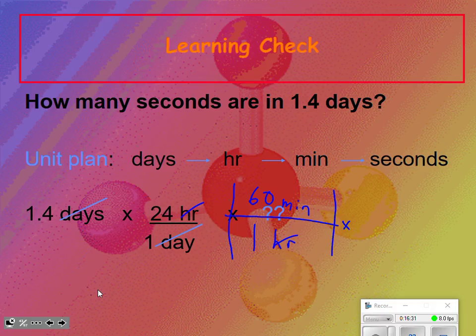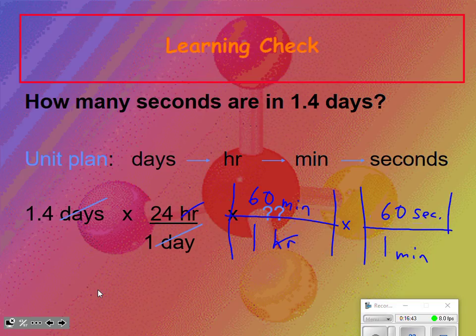I don't want minutes though, I want seconds. So I need to do one more step. I know that 1 minute has 60 seconds. My minutes cancel. My final answer is going to be in seconds because that's the only label that did not cancel. So I take 1.4, multiply that by 24, multiply it by 60, multiply it by 60. Do I need to divide by anything? No, because it's all 1. So I come up with the answer of